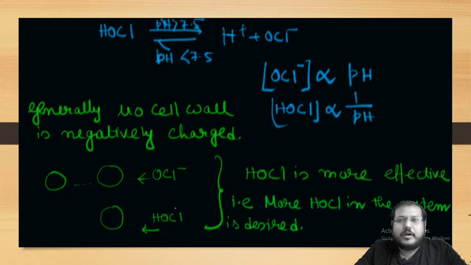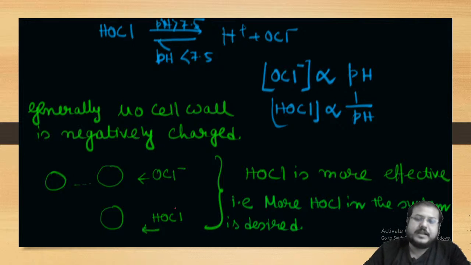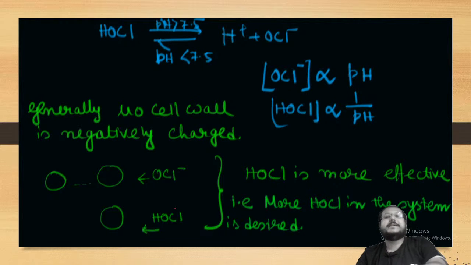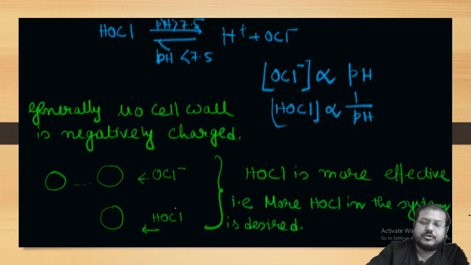So which is required in the system? HOCl is required, desired in the system, क्योंकि ये ज्यादा इफेक्टिव है. और HOCl आपको कब मिलेगा? जब pH कम होगा. pH ज्यादा होगा तो फॉरवर्ड रिएक्शन होगा, pH कम होगा तो बैकवर्ड रिएक्शन आ जाएगा. क्लियर? So we can say that